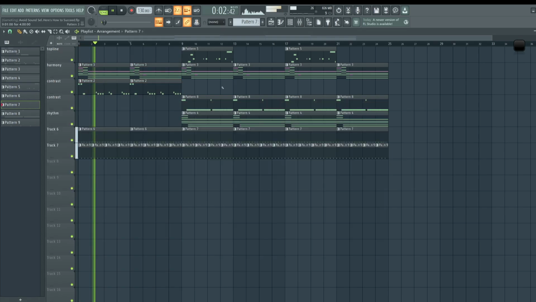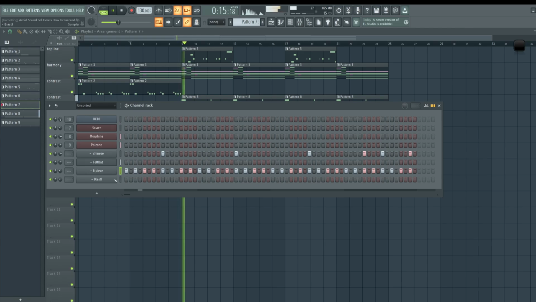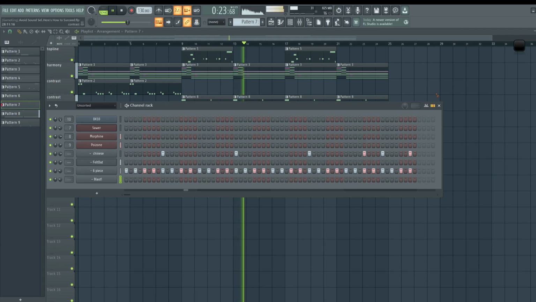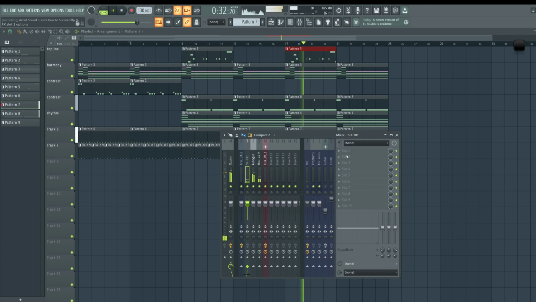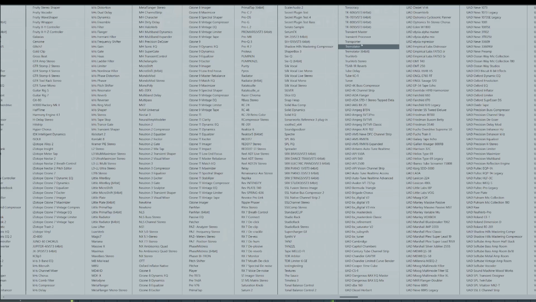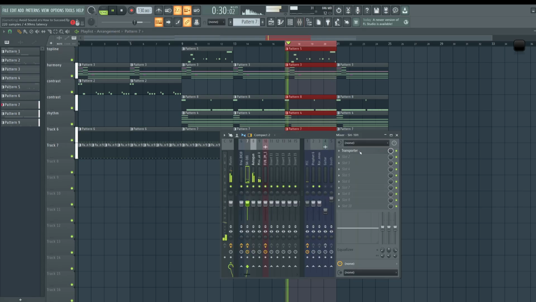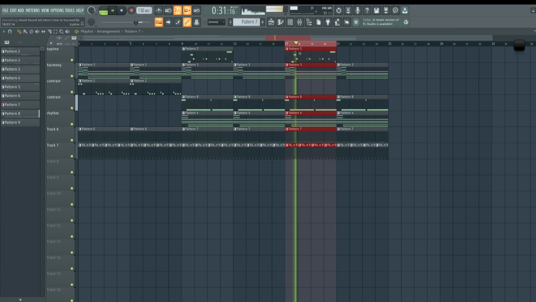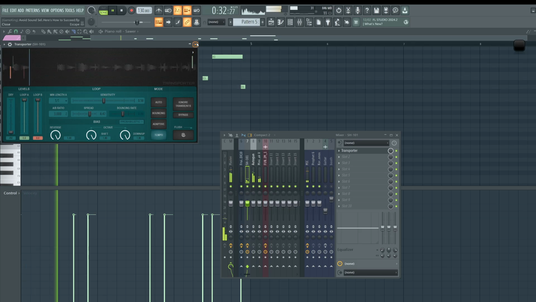And now we're increasing the harmonic content. Now I'm turning the top line into more of a texture layer using this plugin here.